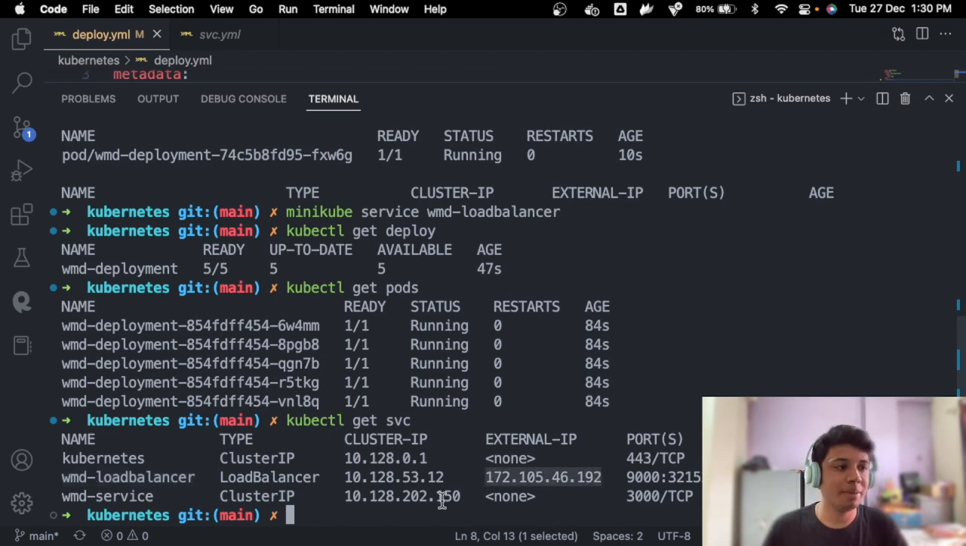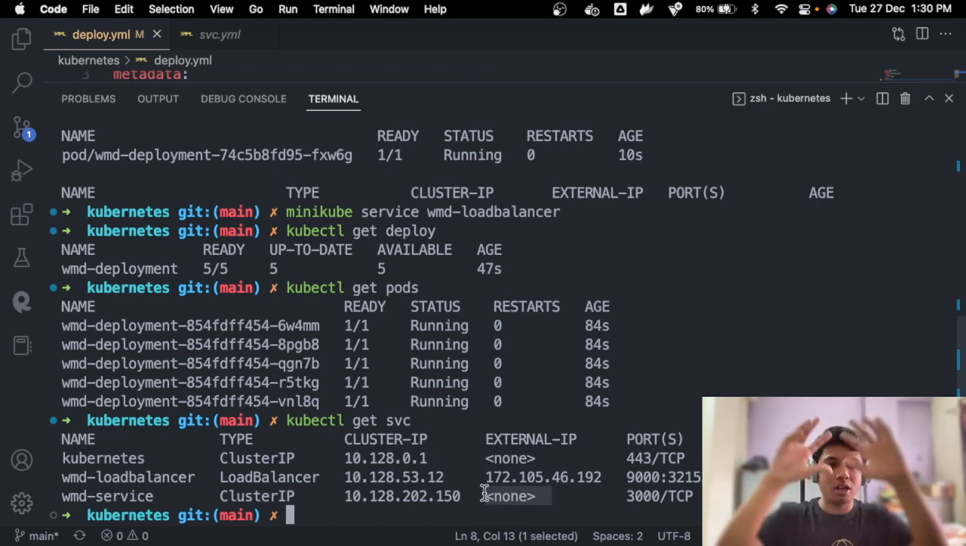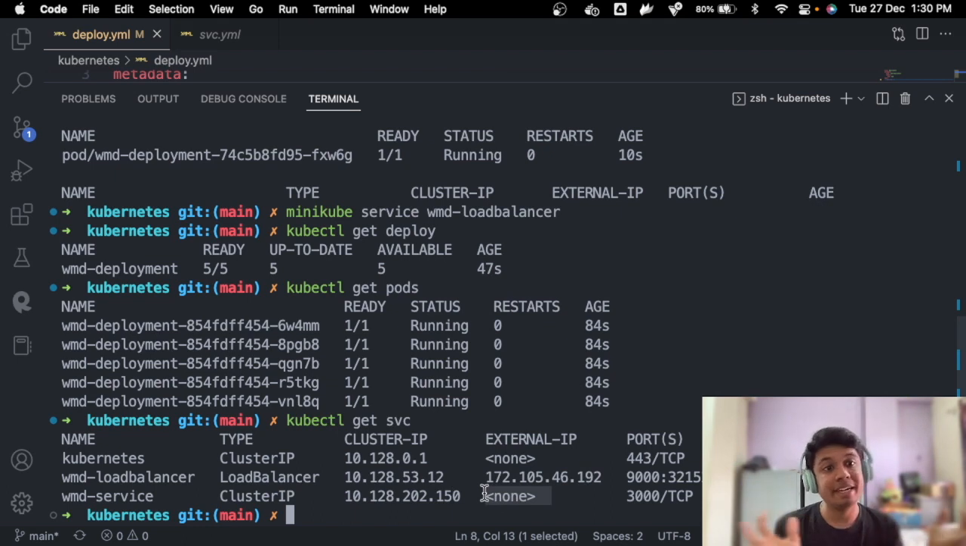What is this external IP, and why doesn't our service have it? It's because we don't want the outer world to communicate directly with our service, right? That might cause a security issue, or we just don't want the outer world to do it. But we want everyone to access our application, right? So what we have done here, if we just check it out